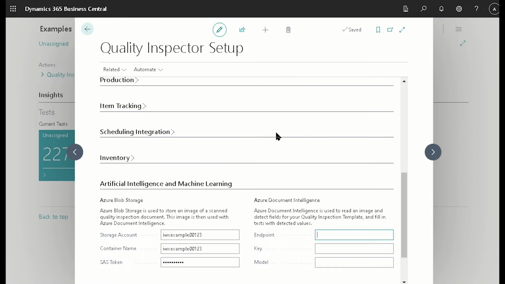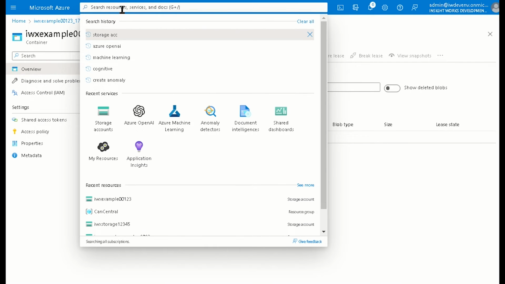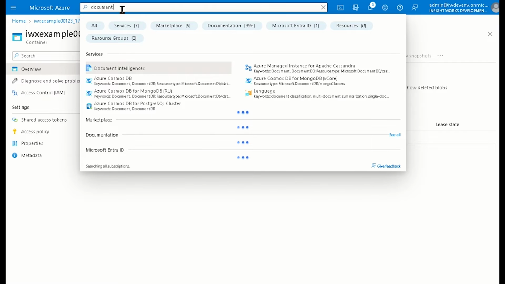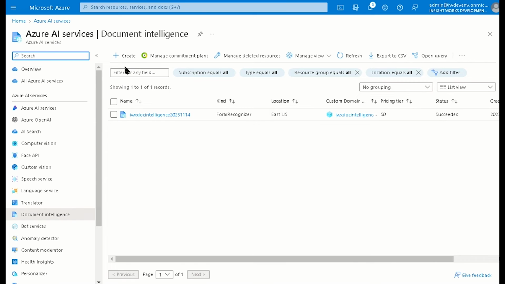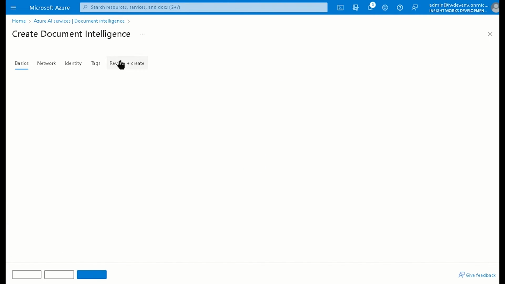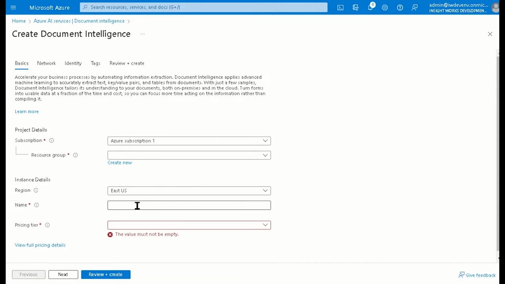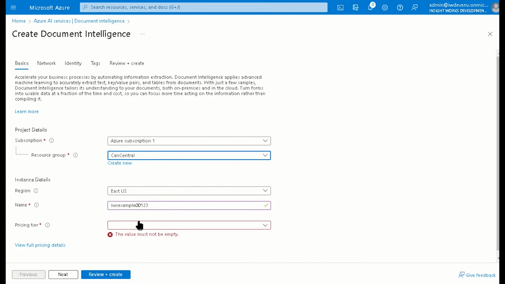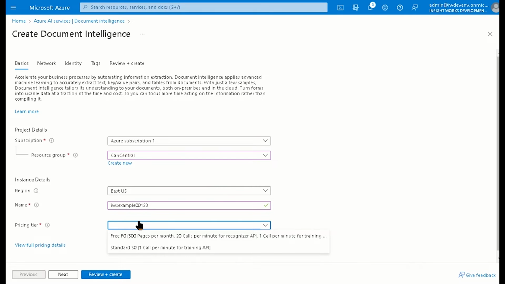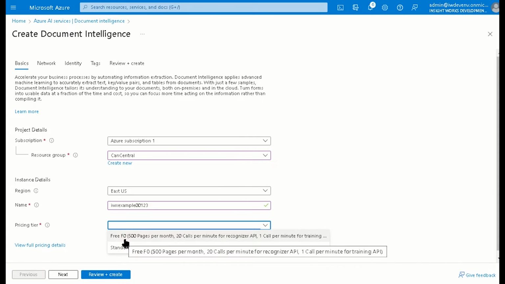So now we're going to navigate back to portal.azure.com, and we're going to navigate to Document Intelligence. We're going to create a new Document Intelligence. And let's give it the same name that we just created. It doesn't need to be. It can be any existing one. And if you're just playing with the system, or if you don't have a lot of pages that